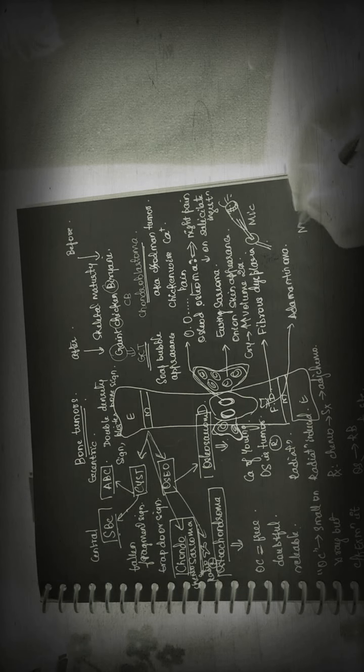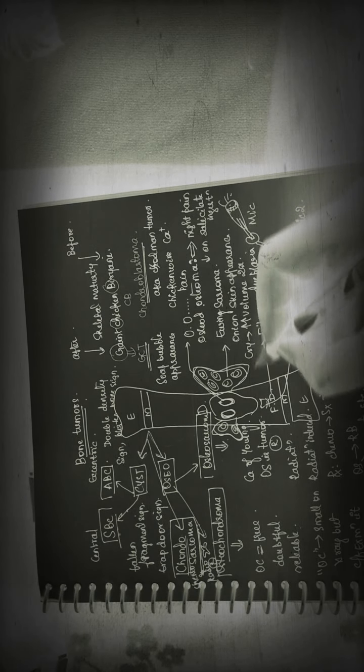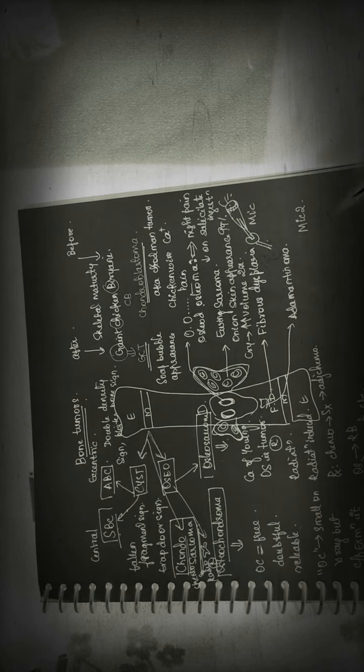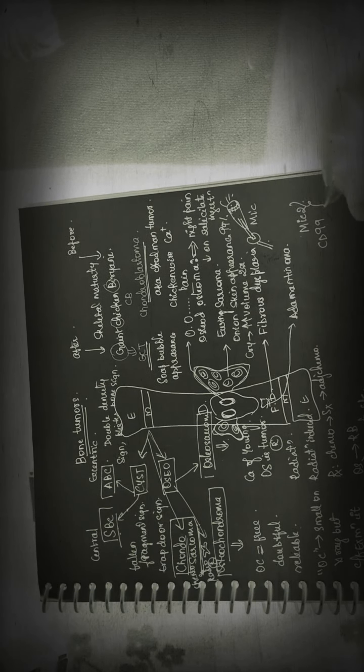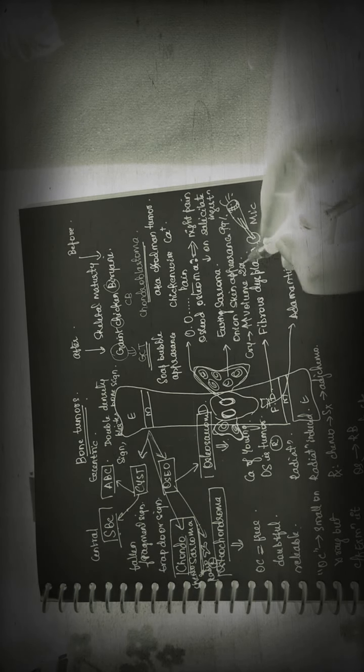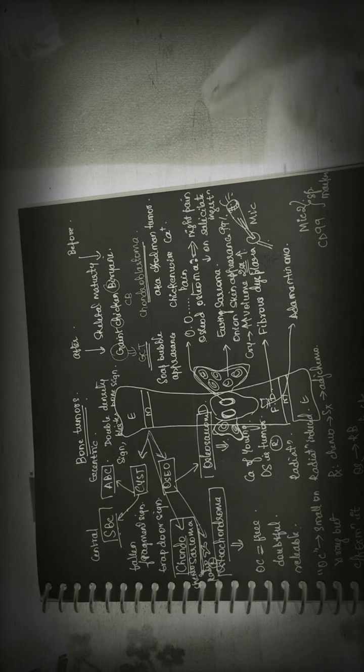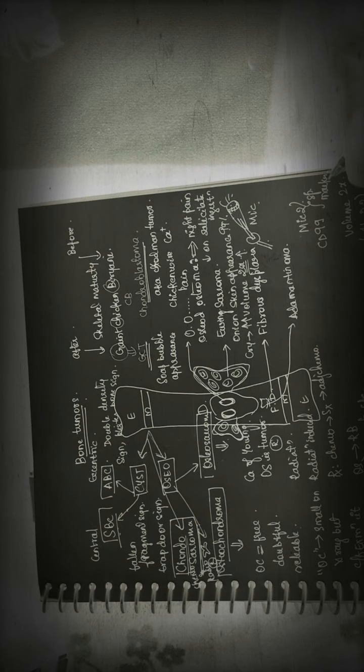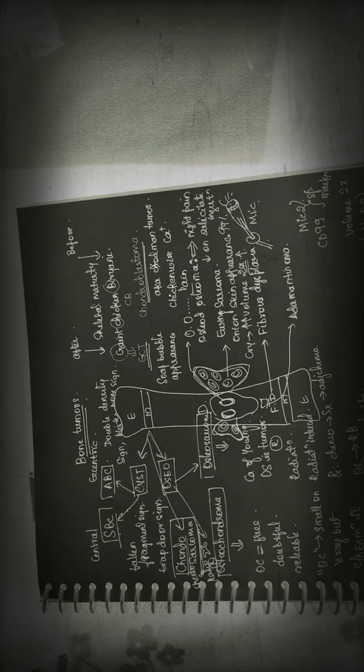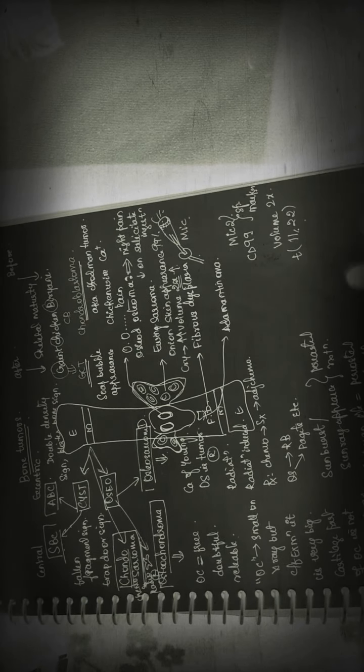Let me explain to you. That is MIC2 and 99% of them will cry. That is what I said, right? So CD99 is the specific marker for Ewing. And 2x speed, I said 2 times its volume. So the volume will become 2 times when they cry. That is, when the volume was 11 points, it becomes 22, like that. It doubles. That is the translocation associated with Ewing's. So MIC2 and CD99 are specific markers, and the translocation is something which is double, 11 and 22. This is all about Ewing sarcoma.